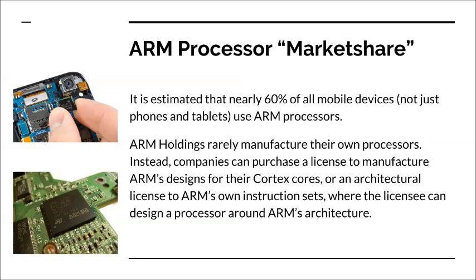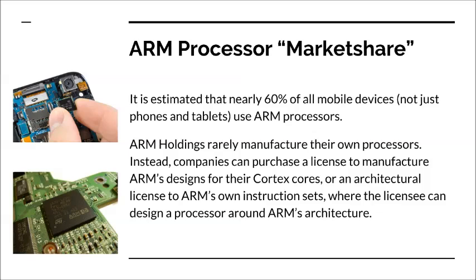But first I'd like to define what it means to be an ARM processor and an ARM-based processor. ARM Holdings, the company that makes the ARM architectures, don't really manufacture their own processors. Their business model instead is that they have two different licenses that they sell to other companies. The first license is for their core designs. So companies can buy this license, and then ARM essentially gives them the designs for a pre-made core. In this case, it's their Cortex cores, and then that company makes it and includes it on their system on